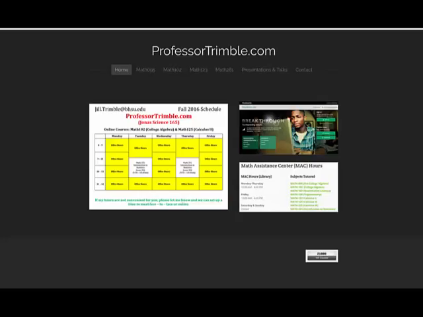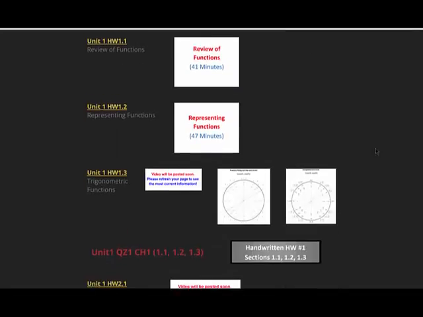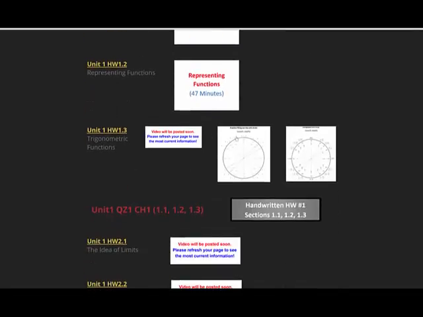This section is a trigonometry review, and I'm assuming that you know the unit circle. However, if you don't know the unit circle or use right triangle trig, there is a worksheet that you can fill out. If you go to the course website under Math 123, under Unit 1 Video Lectures, you'll see that right next to the video that I'm creating right now that will go here, I have two